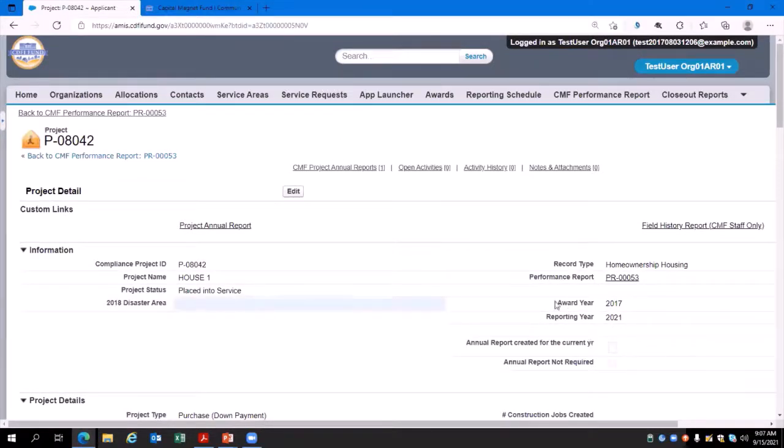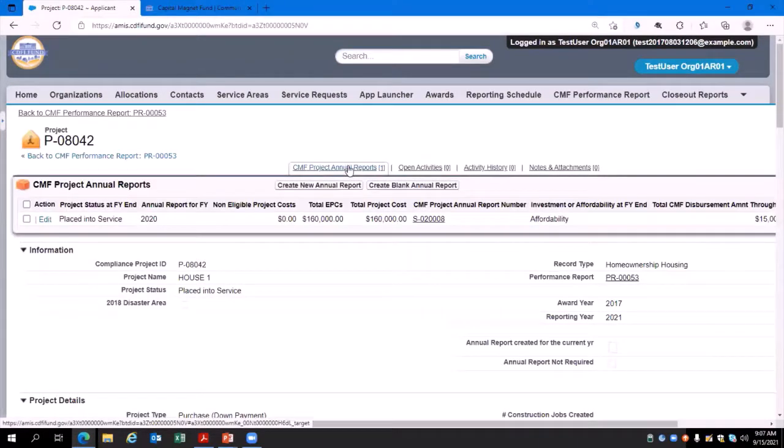We do not have an annual report for this current reporting period, so if we navigate to the CMF Project Annual Reports link, we can see here that there is an existing annual report for the last reporting period, so we need to create one for 2021. You will notice two options here: Create New Annual Report and Create Blank Annual Report. If you click Create New Annual Report, this will clone the previous year's annual report